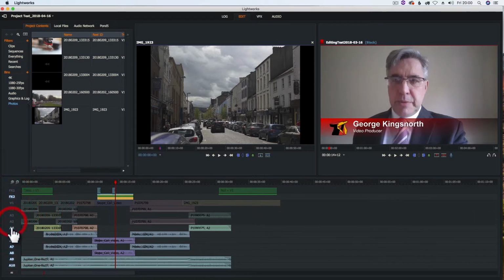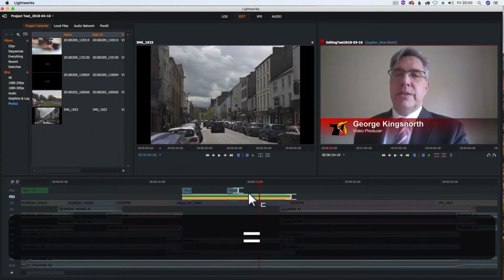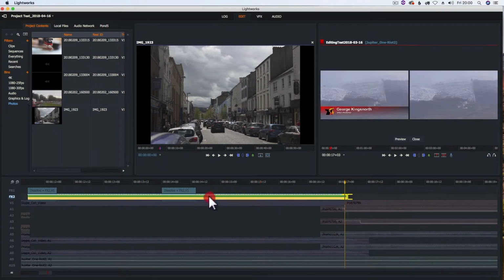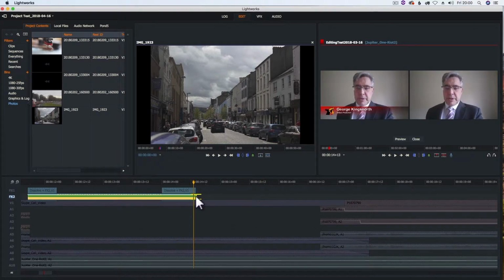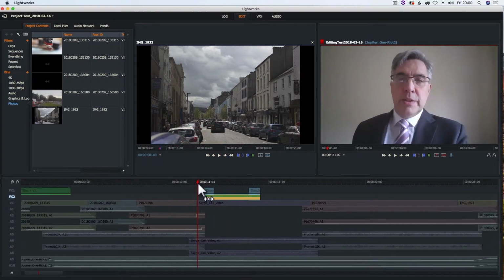We need to deselect all of the tracks that we don't want to affect. I'm just going to zoom in by going equals or plus and just drag that back down to here. And if we minus out and play,